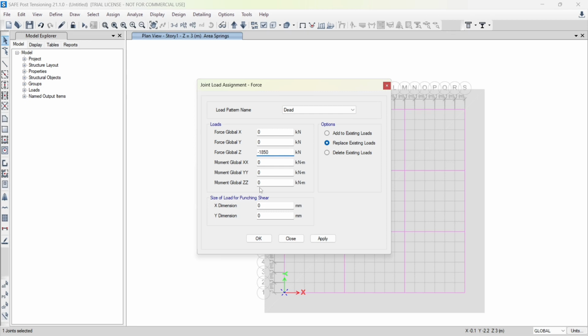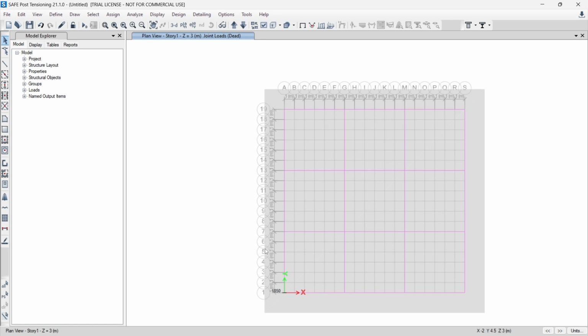Change the size for load for punching shear to 500 mm by 500 mm. Click on OK, and the dead load is assigned to C1. Again select the point C1